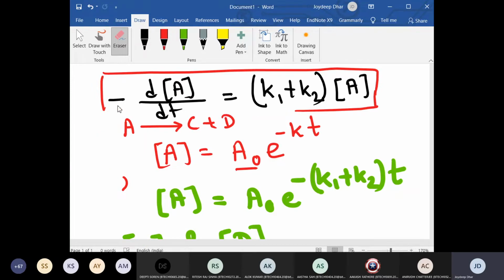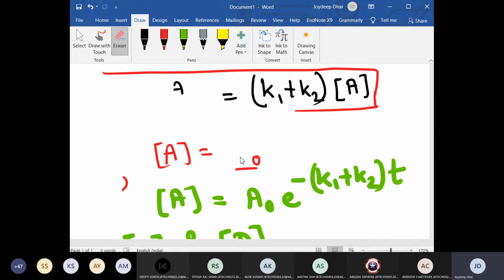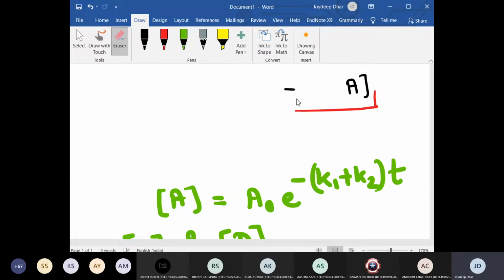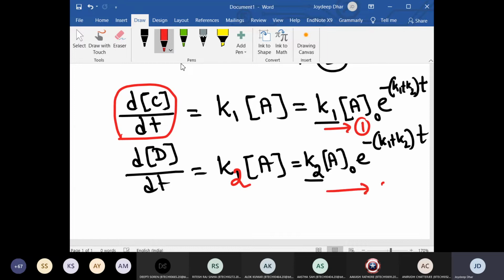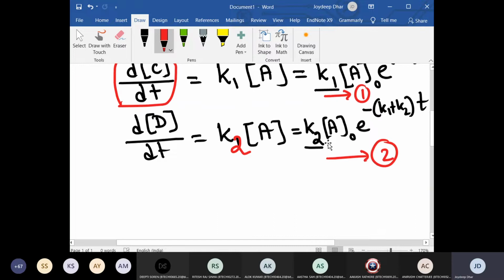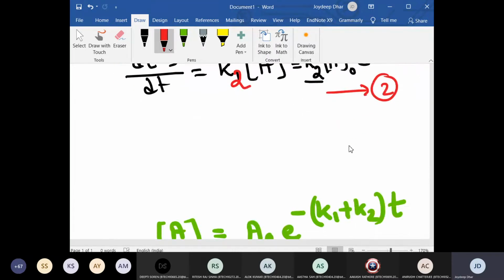Now my next aim is to get the concentration of the two products at a particular time T, any arbitrary time T. It can be obtained by integrating the rate equations. If I integrate rate equation 1, I will get the concentration of C. If I integrate rate equation 2, then I will get the concentration of D. So I will show for one, the other one you can easily do. So from equation 1, I can say